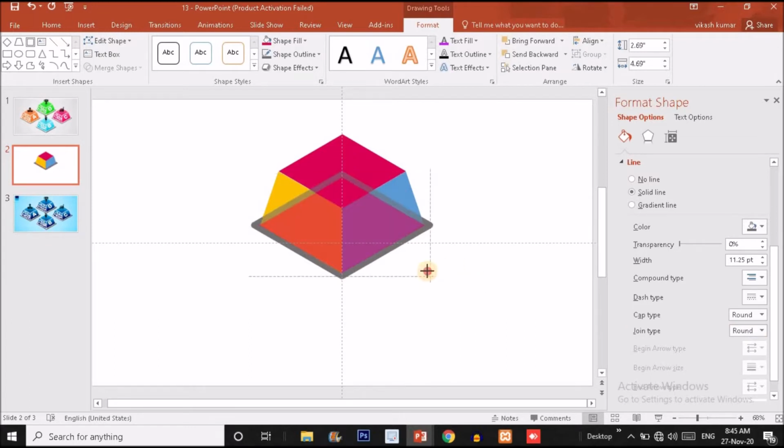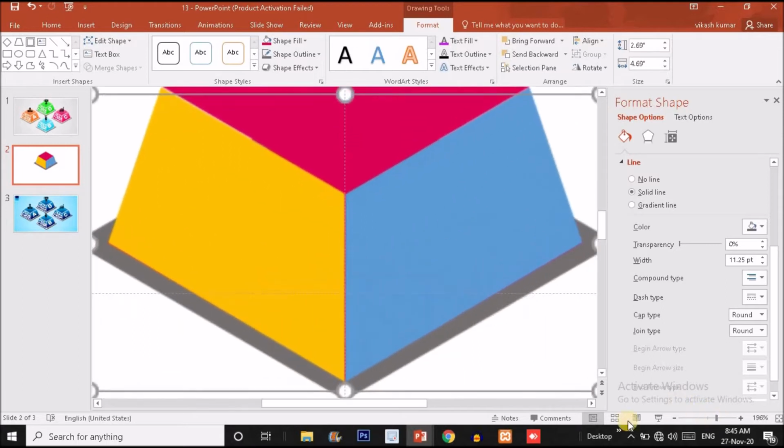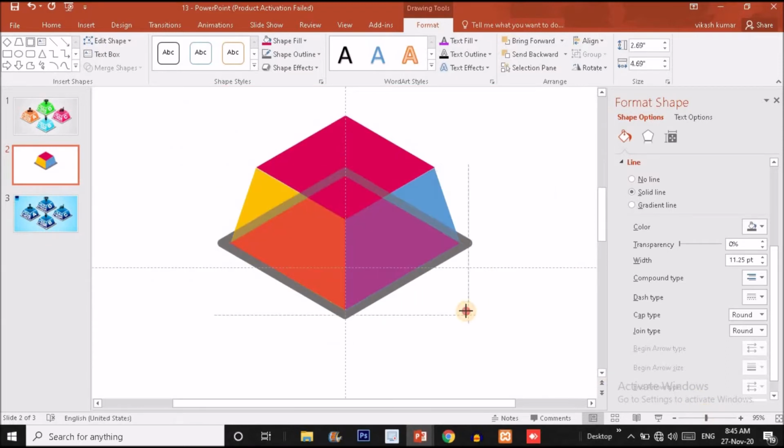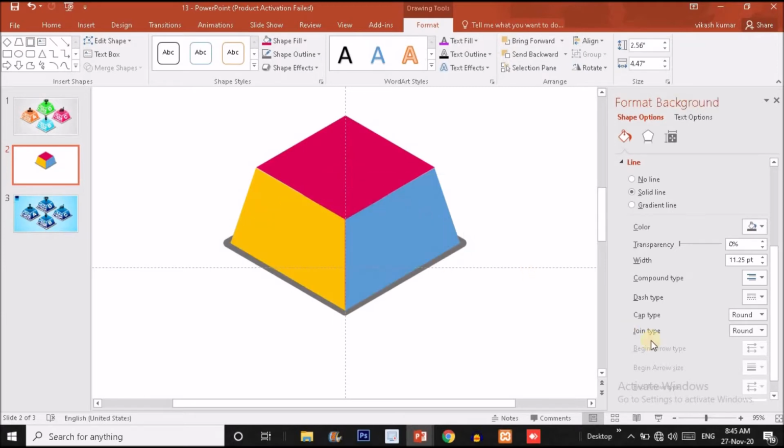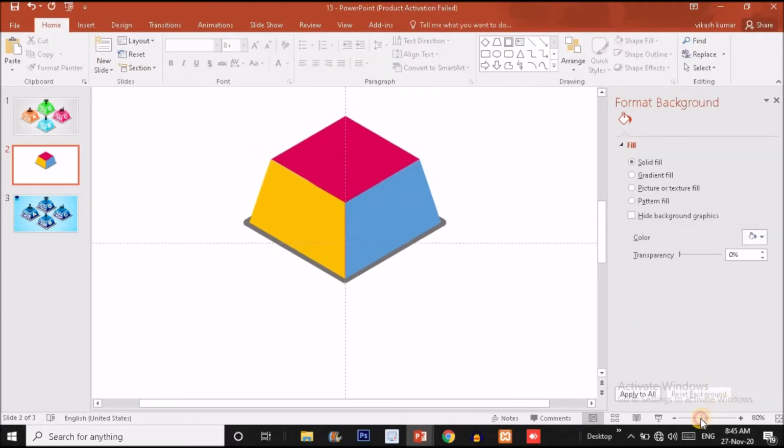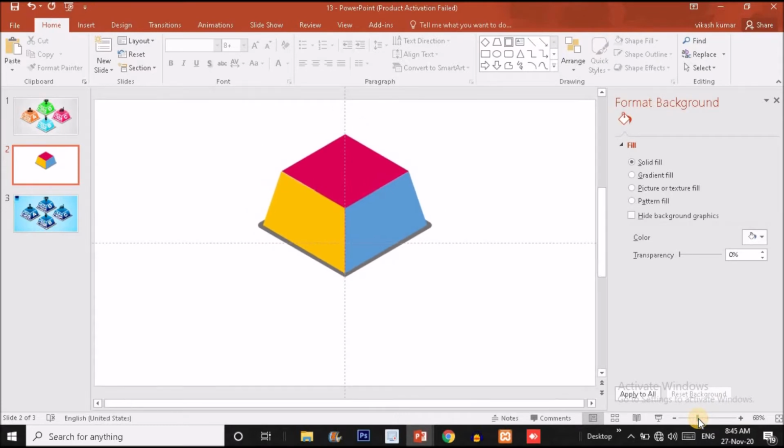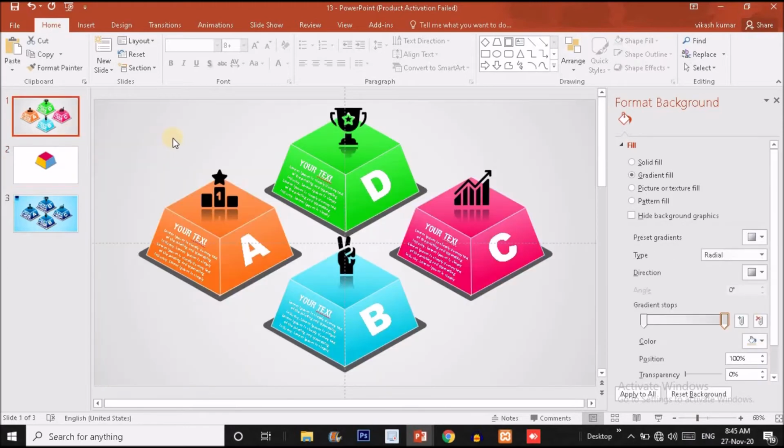Now press Ctrl Shift together and drag it inward to make it smaller. Let me zoom in, guys. Now slightly make it smaller like this. Okay, now zoom out. Got it, guys? Zoom out from here, and now let me copy the color symbols.